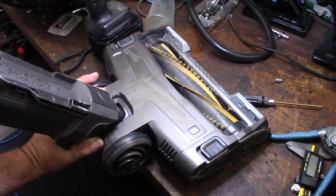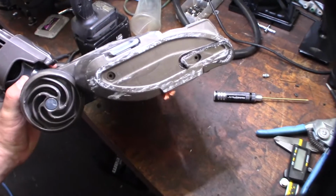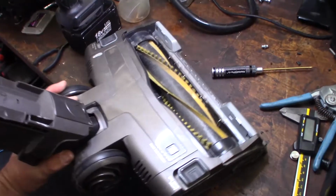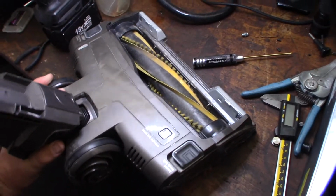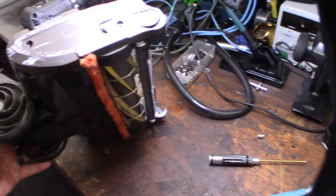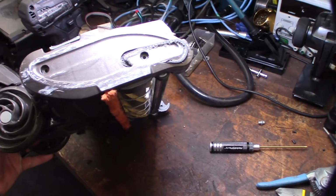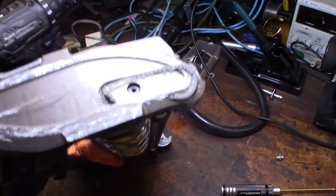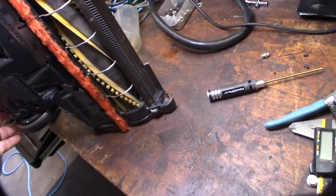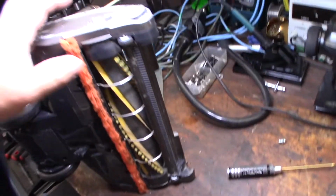Hey guys, what's happening? So, I have an issue with my Shark vacuum here. It's probably a year old, and I did a review on it. It's a really nice vacuum, except today it started making a loud buzzing noise when the floor attachment was activated. And as you can see, the belt that controls this little lint grabber that spins around...